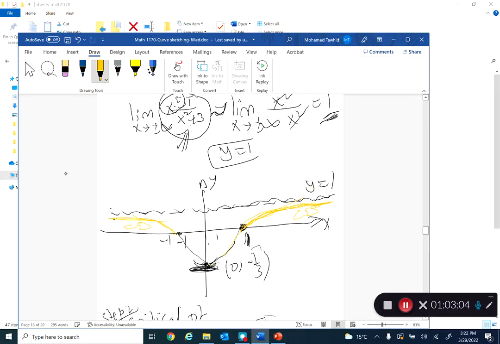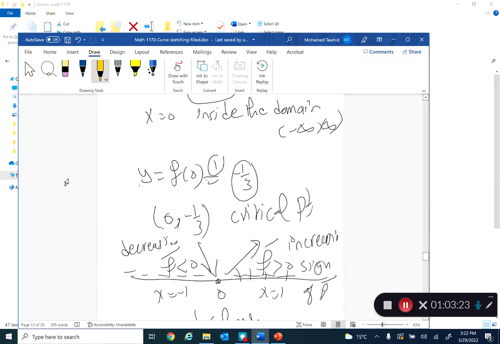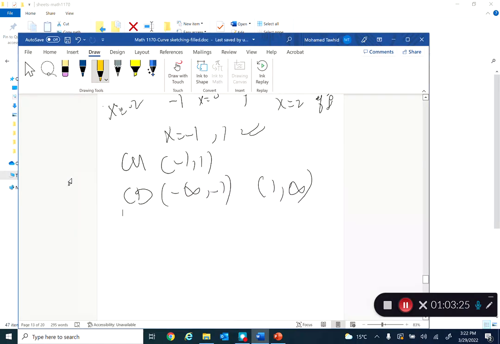And then what happens between negative 1 and 1, the graph is concave up. As you can see, the graph is concave up. So that is the graph we want. So before 1 is concave down. I try to make it concave down, and you have the x-intercept, and here is concave up. So now some people can ask, in order to finish, what happens when x equals negative 1